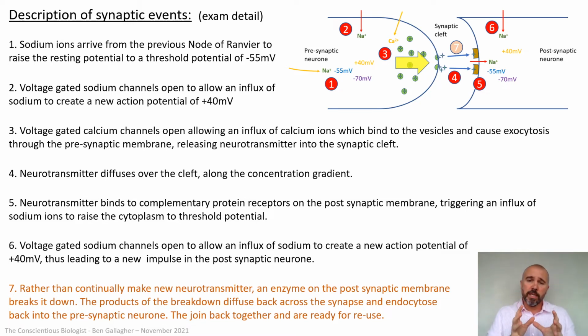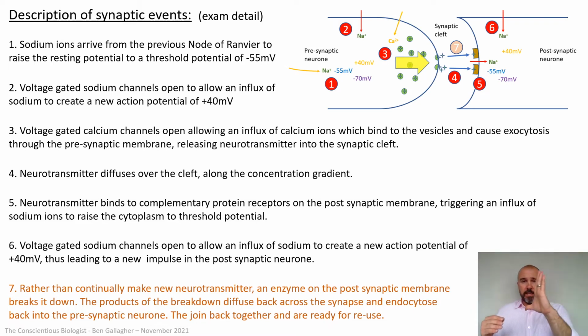So rather than continually make new neurotransmitter, an enzyme on the postsynaptic membrane breaks it down. So the neurotransmitter comes across, binds to the receptor, does its job, and a separate protein, an enzyme, can break that neurotransmitter down. You've now got products that are in higher concentration at the postsynaptic membrane. That means they can diffuse back across,